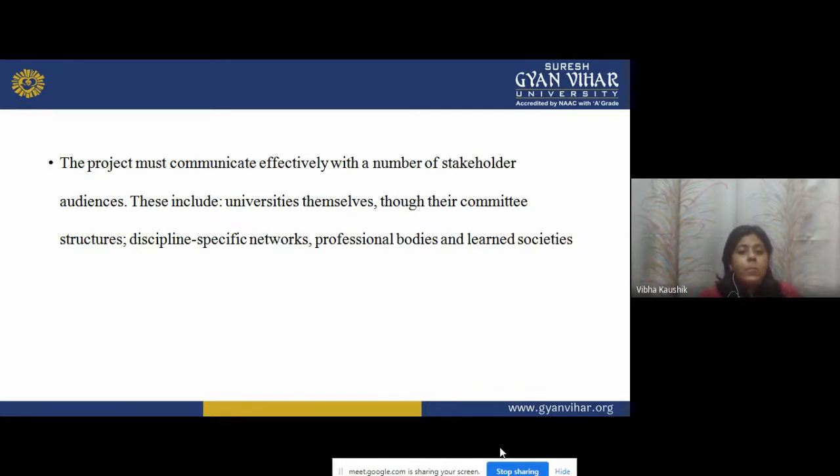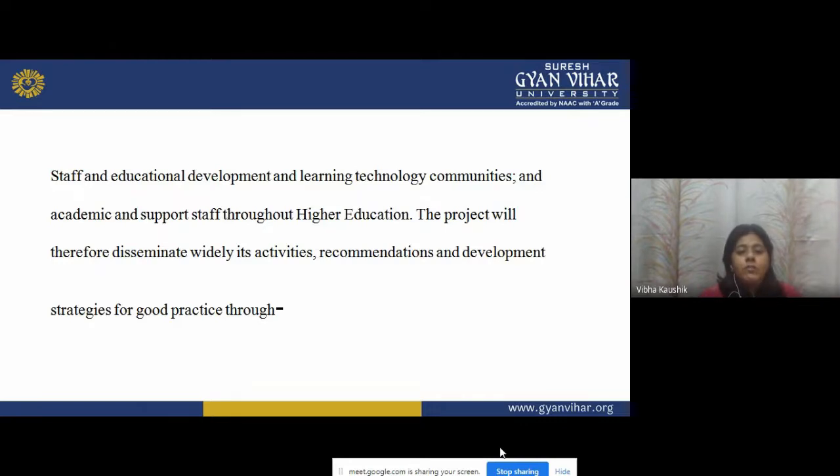Stakeholder audiences include universities themselves, through their committee structures and committee members, discipline specific networks, professional bodies, it might be the NCERT or the NCTE, and learned societies, the persons who are the society members. Staff in educational development and learning technology, communities, and academic and support staff through higher education means everyone is a stakeholder of education. The project will therefore disseminate widely its activities, recommendations, and development strategies for good practices through: